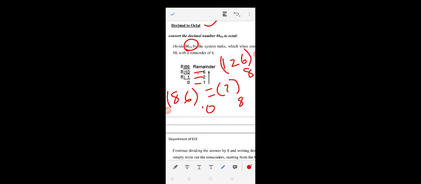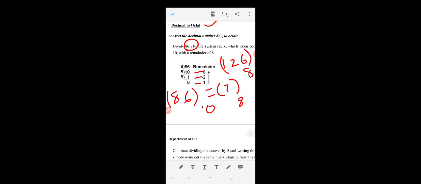In the decimal system, 126 means 100, 2 twenties and 6, based on positional values. But here it is read as 1, 2, 6. The 6 has a positional value of 8 power 0, the ones place. The next digit 2 is the 8s place, and 1 is the 64s place. These are the positional values of these number systems.